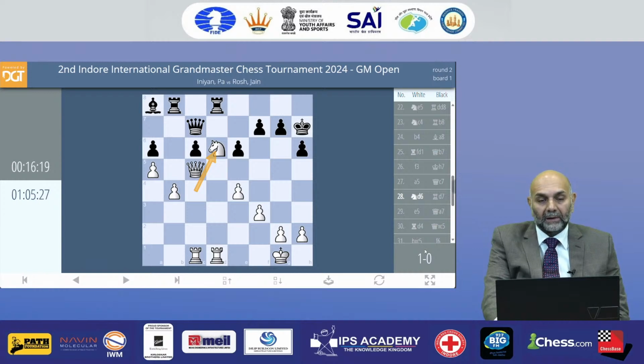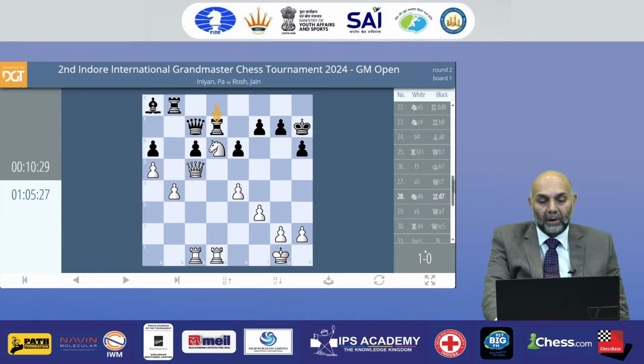Now Black's rooks are as good as White's rooks. Black's queen is a little worse placed than White's queen, but it doesn't really matter. What matters is the bad position of the bishop and the powerful position of the White knight. This advantage alone is good enough to win. As we see, a very nice classical game.